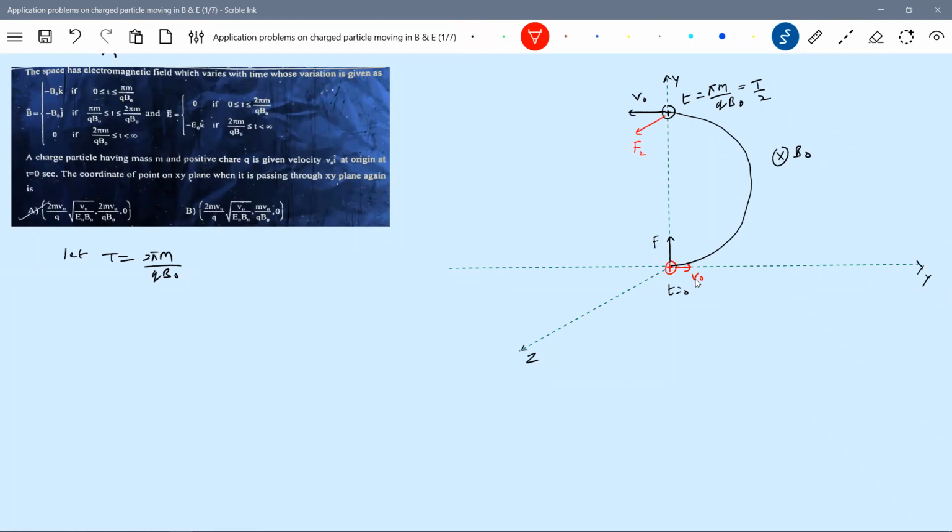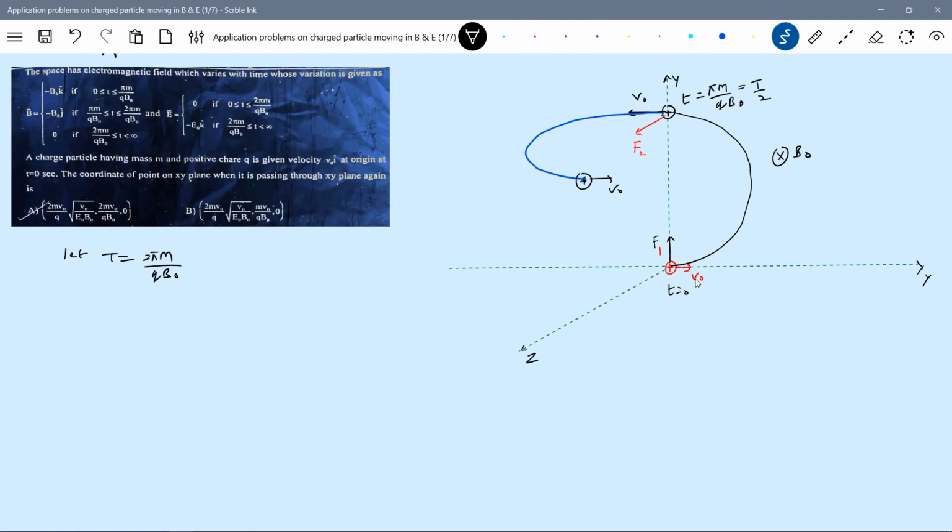I'll write F1 and F2, it will be better. How should the particle move now? It should move in the minus x, plus z plane. So it is going to describe a semicircular path, again for half of the revolution. Then the velocity of the charged particle will be directed parallel to the x-axis.